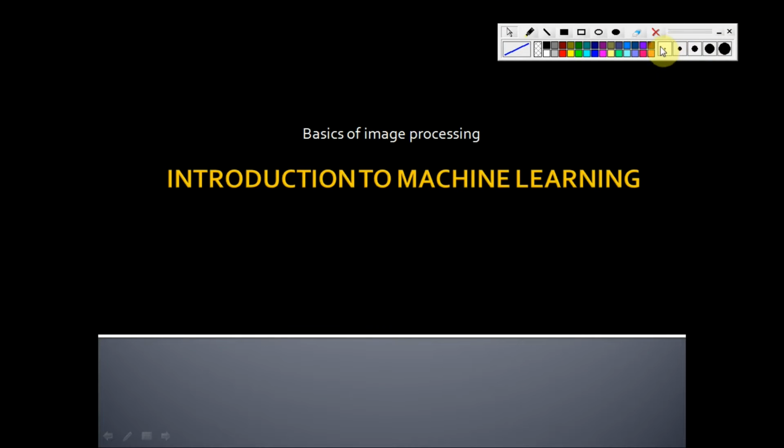So today we are going to discuss the introduction of machine learning. This is the basic session which will explain what machine learning is and how it can be used in image processing. So we are going to correlate image processing as well as machine learning. Okay, so most of the time when you think of the word machine learning, surely one thing will come